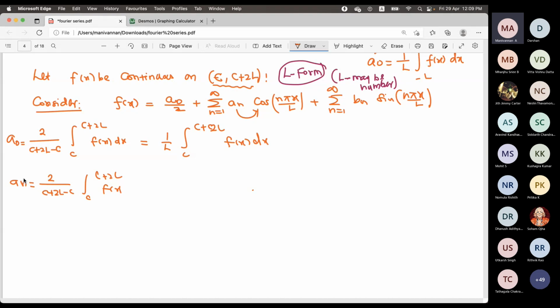See here, it's a Fourier series. I'm just rewriting it in the form of